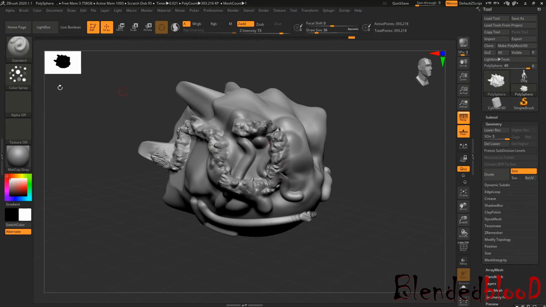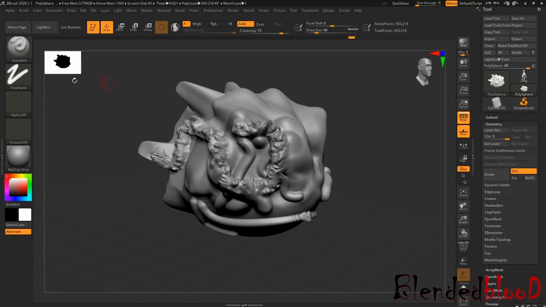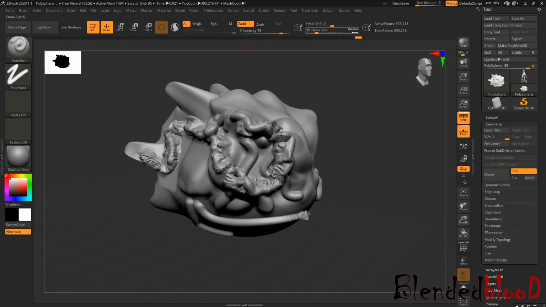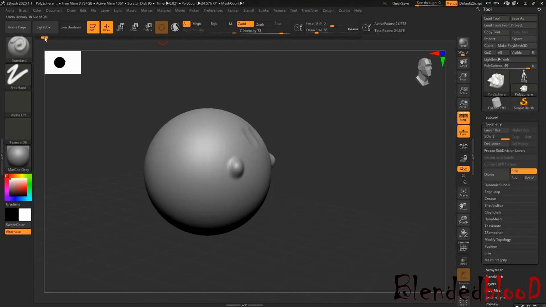For now we just need to click on freehand and the standard brush. This is simple, nothing much. Okay, this will be your Control Z. You can click Control Z, or you can work with this option.